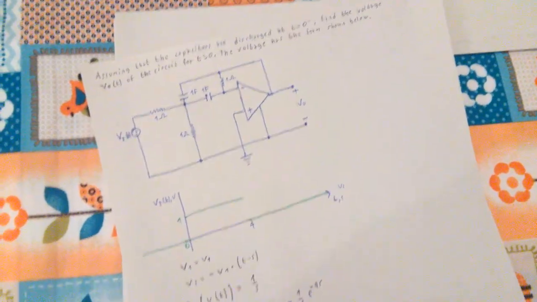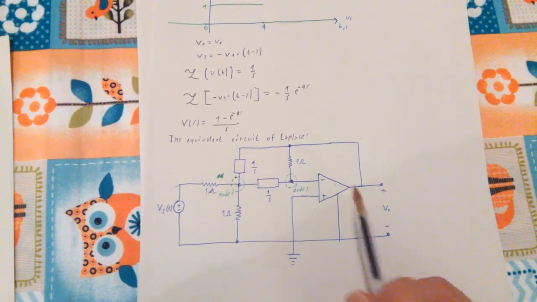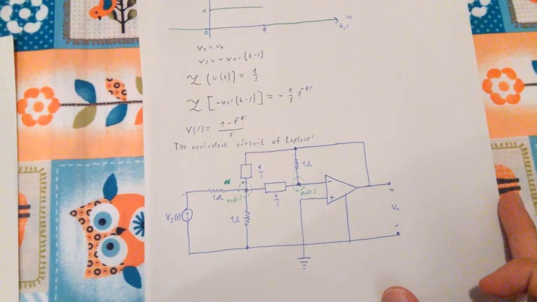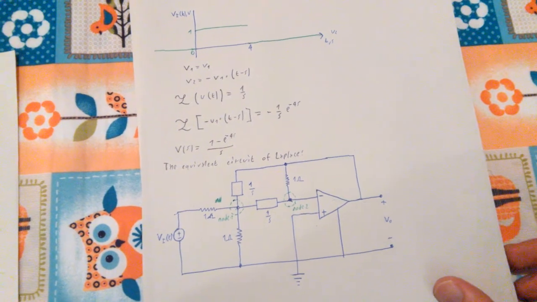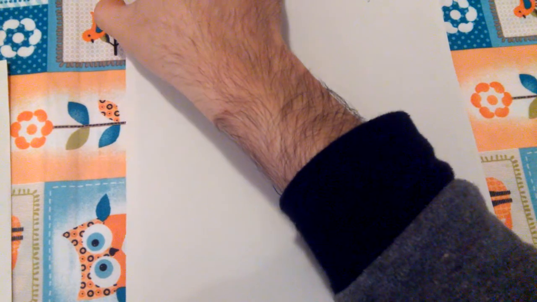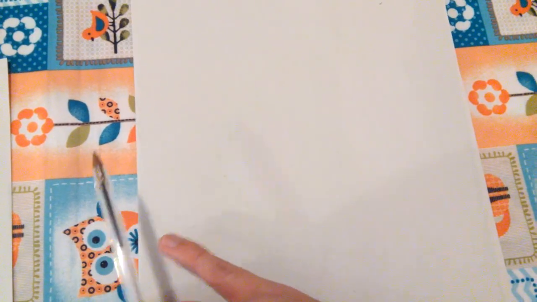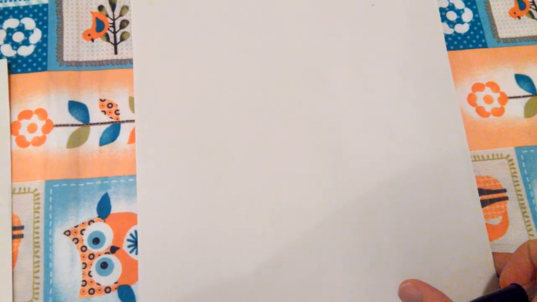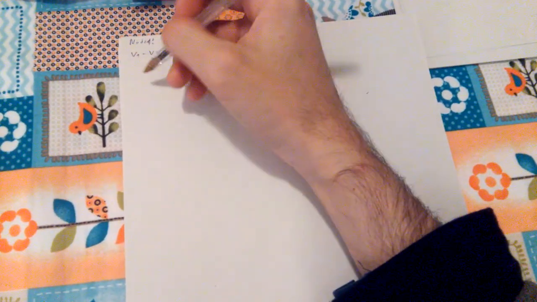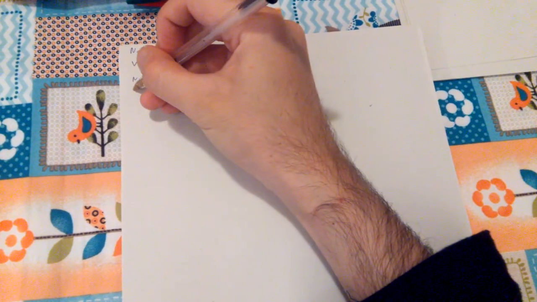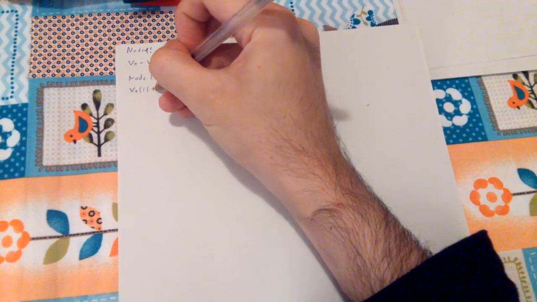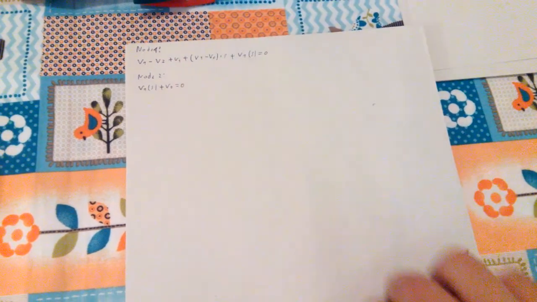Now for node 2, instead, we would have V1 of S plus V0 equal to 0. Okay, so those two,